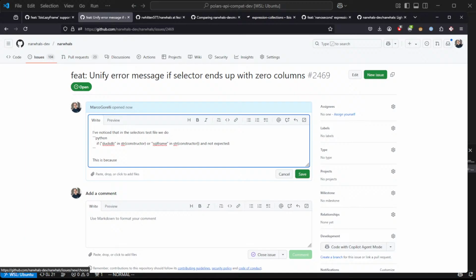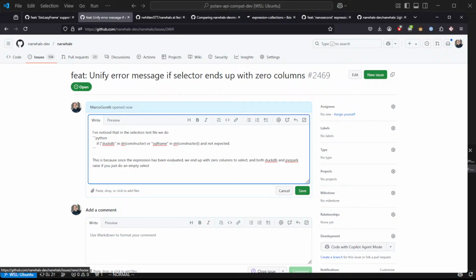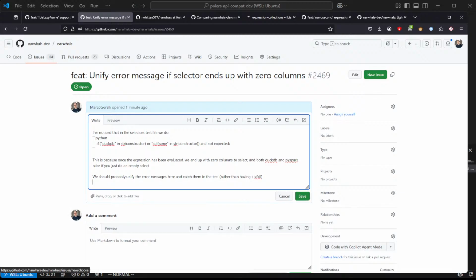This is because once the expression has been evaluated, we end up with 0 columns to select, and both DuckDB and PySpark raise if you just do an empty select. Yeah, we should probably unify the error messages here and catch them in the test rather than having an X fail. So for